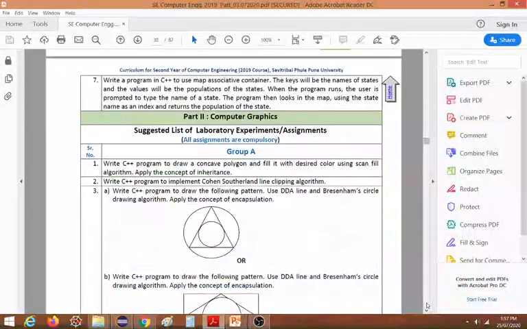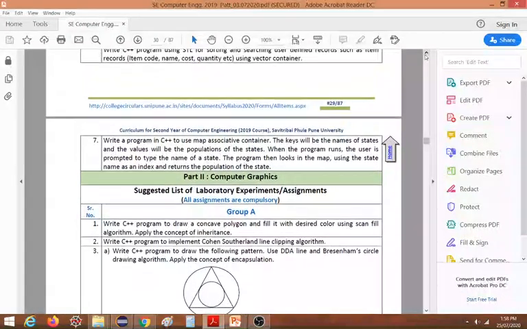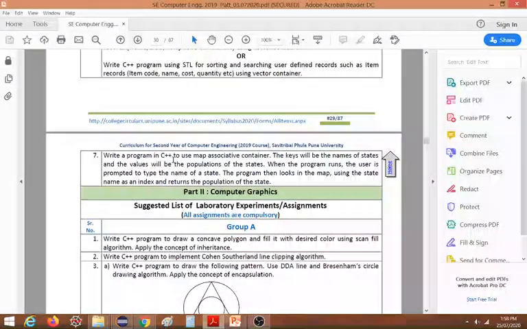Now the next part, that is part 2. We have one more assignment here, the 7th assignment. Write a program in C++ to use a map associative container. The keys will be the names of states and the values will be the populations of the states.